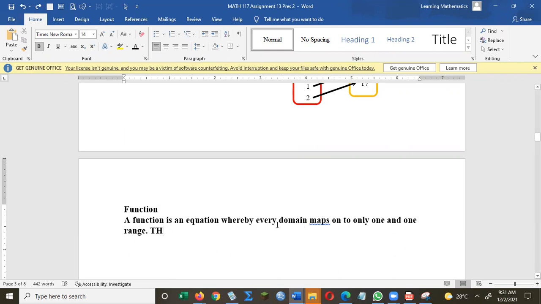This is very important. Every domain must go only to one range. Only one arrow must leave every domain, for the equation to be a function. And there are only two cases, one-to-one and many-to-one. Okay, for example,